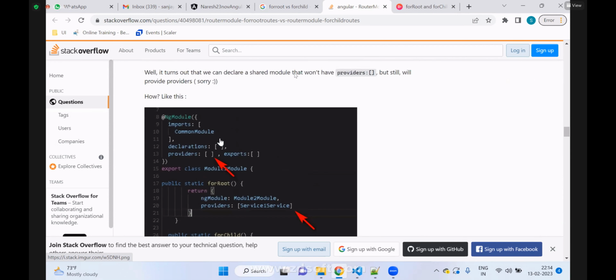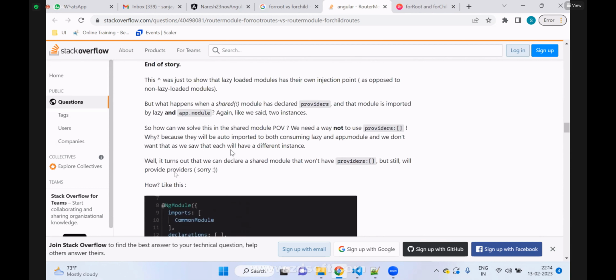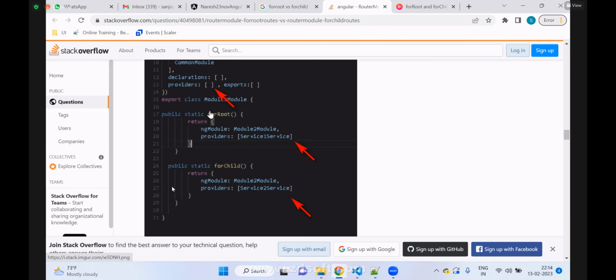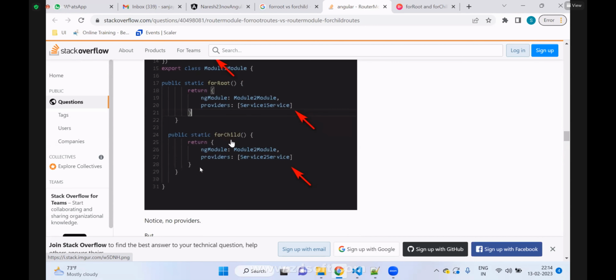Ah, good explanation here. So what they are saying, when we write forRoot, it returns the module and services separately, whereas for forChild,